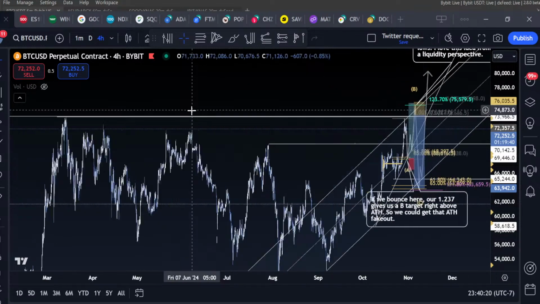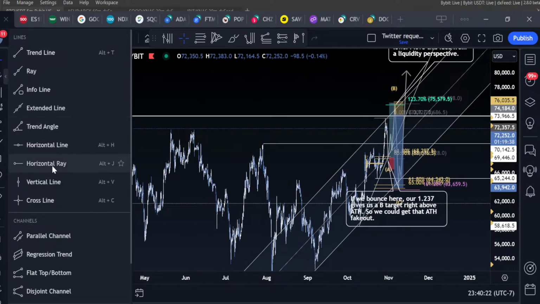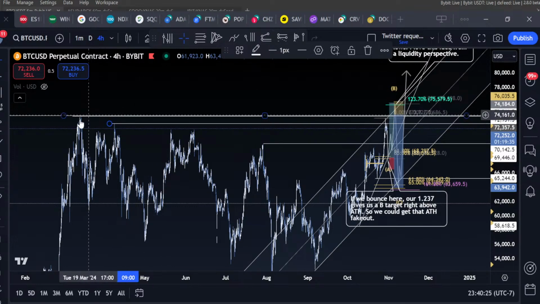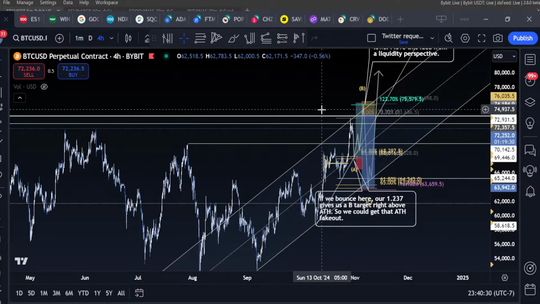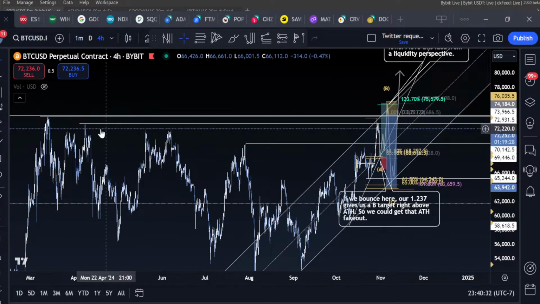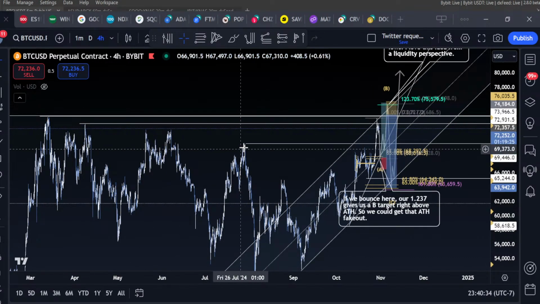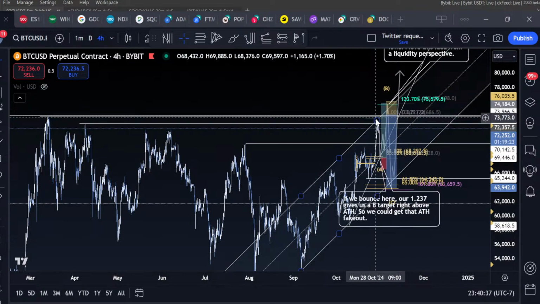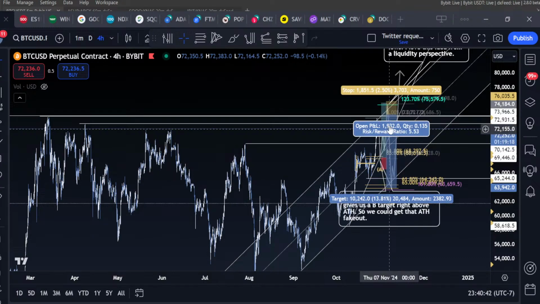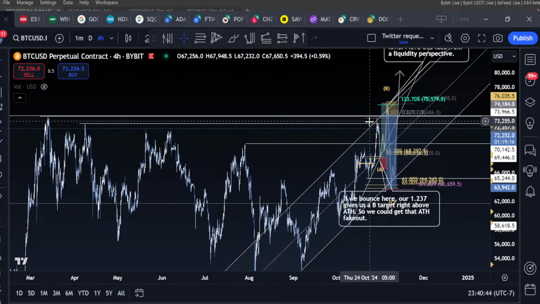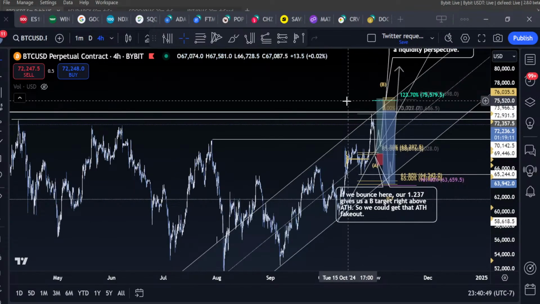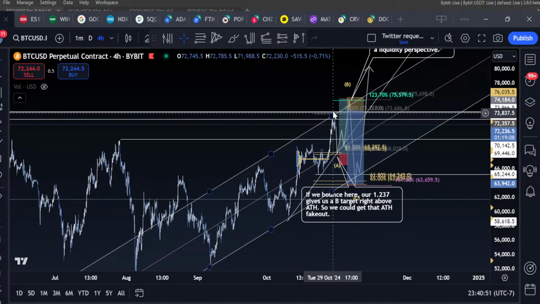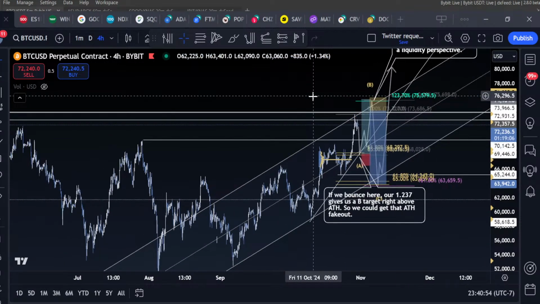But I'd suggested that there might be some ideas, and maybe I'll go over the logic of this. Back here I said there might be some ideas of watching for a rejection, taking all these highs, but maybe not the all-time high, and trapping a lot of this liquidity, targeting the all-time high breakout, running that liquidity one time before another move up. And there might be some ideas of shorting a sweep of these highs, invalidation just being a breakout into the all-time highs, into that idea. So we're kind of seeing that now, right?